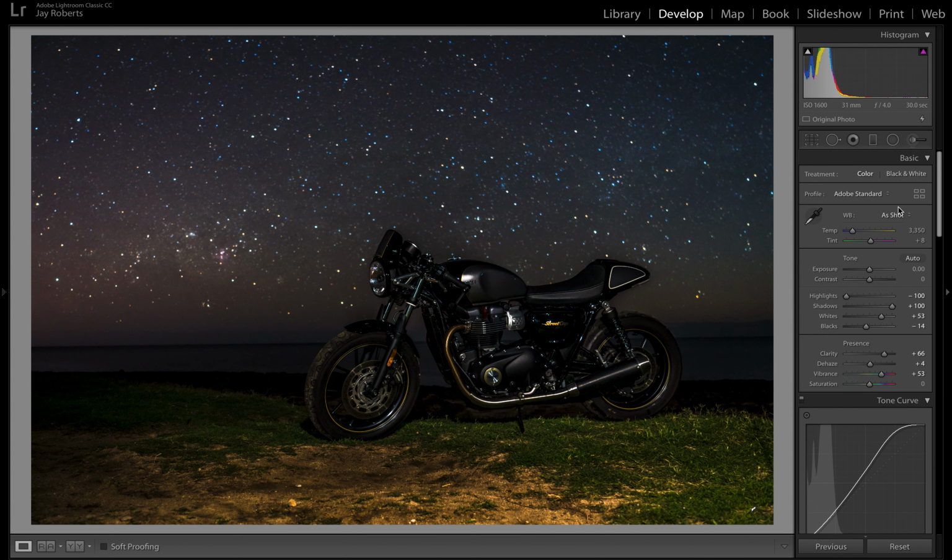So here we have ISO 6400. Went from f4 to f6.3, still 30-second exposure. And all I'm going to do is right-click, develop settings, paste settings, and see what happens. There we go. I do like the crop. The light's a little bit better. Stars a little bit more in focus, but I still have some pretty bad